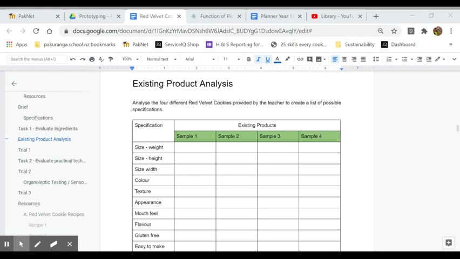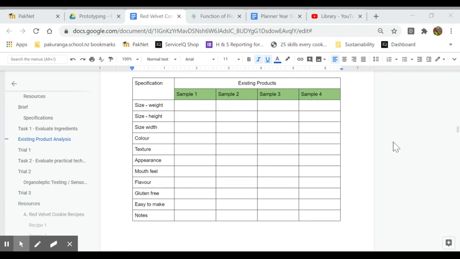I'm going to make 4 different styles of cookies for you, using the 4 recipes that I've given you, so we are looking at different ingredients as well. You will know which of the cookies is which recipe, so it gives you a bit of background. But you're going to analyse them and create a list of specifications. We're going to keep our specifications for this one quite brief,